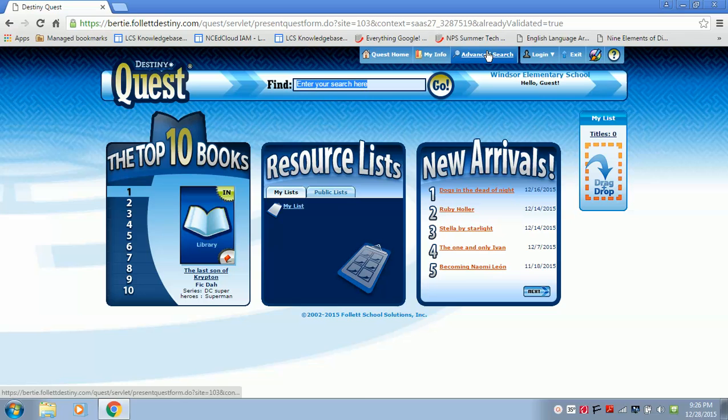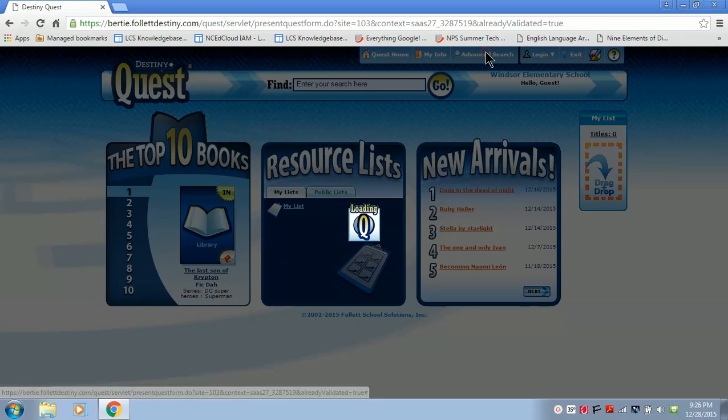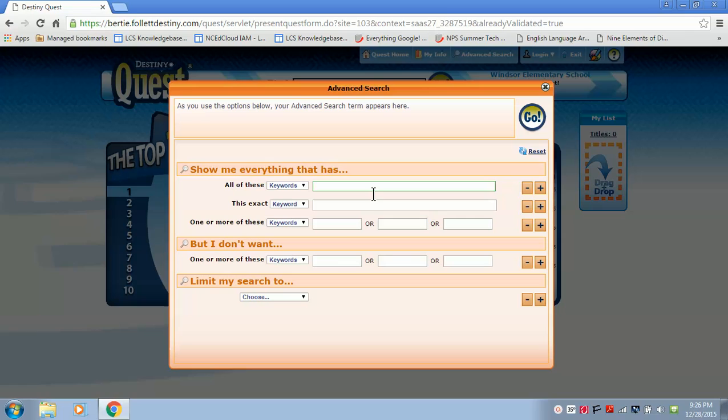Also at Destiny Quest, up at the top, if you'll click on Advanced Search, down here at the bottom, it says Limit My Search. And since I'm showing you how to search for your AR books here, if you hit choose here and click on Accelerated Reader, you can do the same thing here. You put your ZPD range here, and let's say this person's ZPD range is going to run from 3.0 to 5.0, and then the point value here,